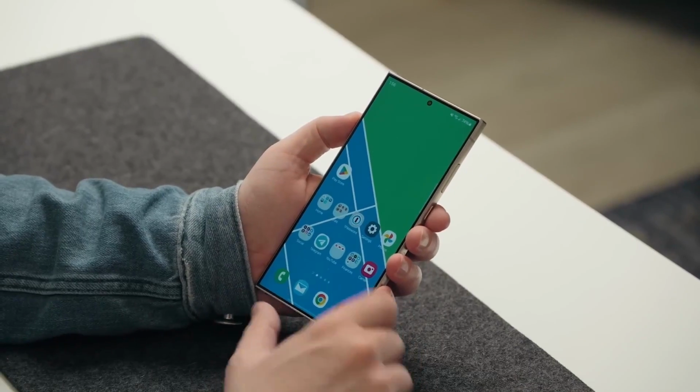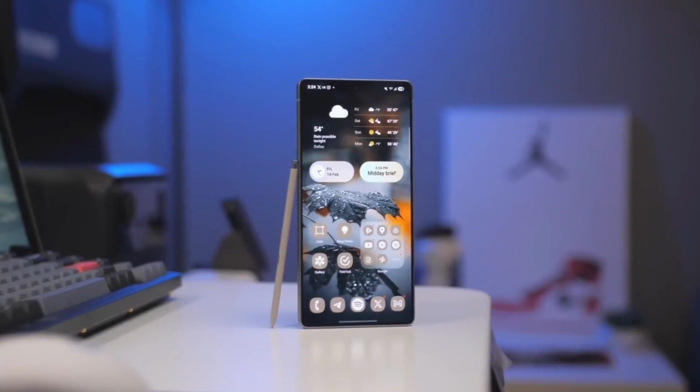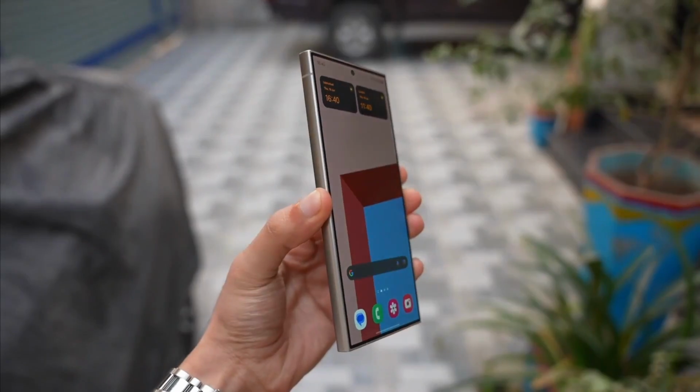a huge misstep. Let's start with the biggest shocker. After all the hype about advanced battery tech, energy-dense cells, and silicon carbon breakthroughs, Samsung's sticking with the same